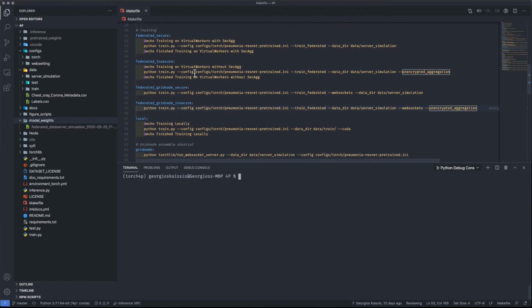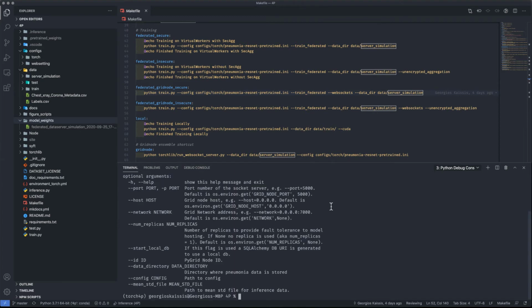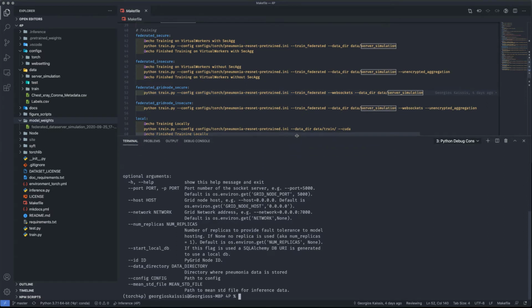And you can do the same with unencrypted aggregation, which is by passing federated insecure. You can also do the whole thing on grid nodes. So if you want to see how this works, there's two ways. You can either go in and run the node module, and you can do this by running python -m node, and this will give you the options for firing up a grid node. So if you're a data owner and you're on a site which has some data they want to host, you can run